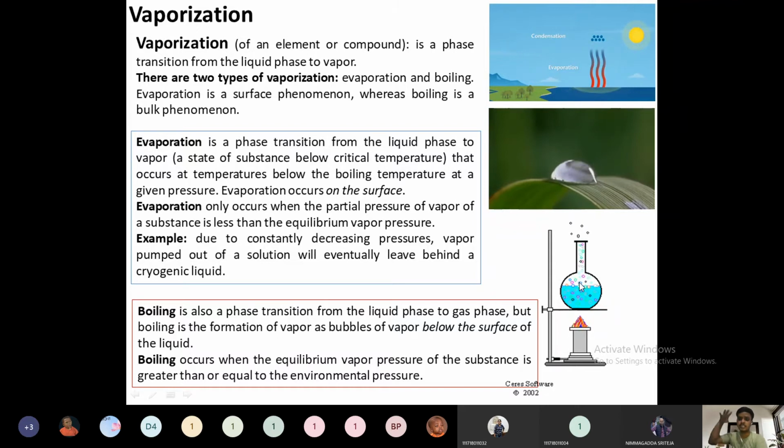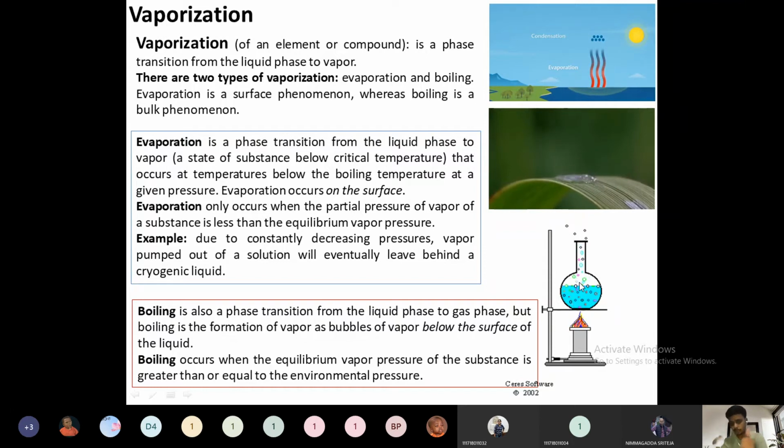For example, if you increase the pressure, what will happen? The water will not boil at 100 degrees centigrade. The boiling point of water will increase. So boiling point elevation, that you will refer to in the heat transfer course, during evaporation. Boiling point elevation, the interesting concept is there. You can study there. How can we elevate the boiling point of one particular liquid? When we increase the pressure, the boiling point will increase for the water.